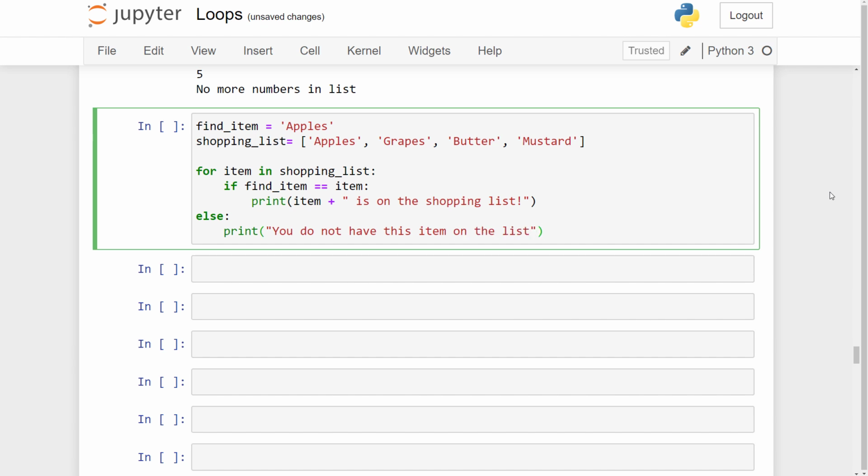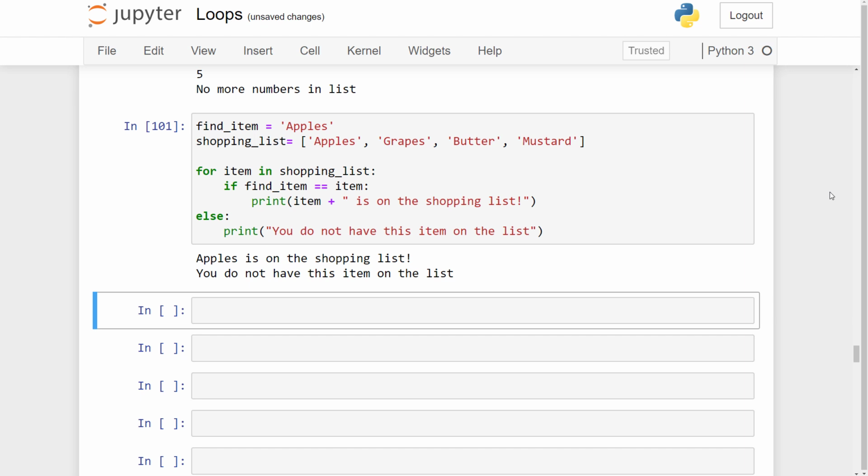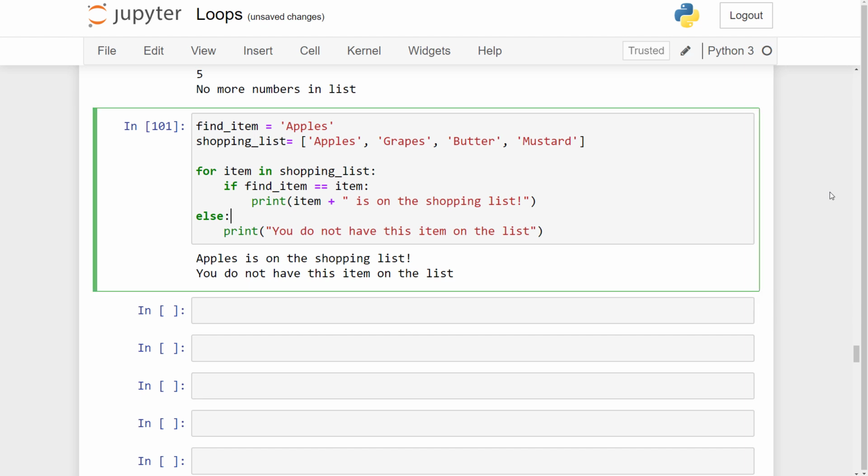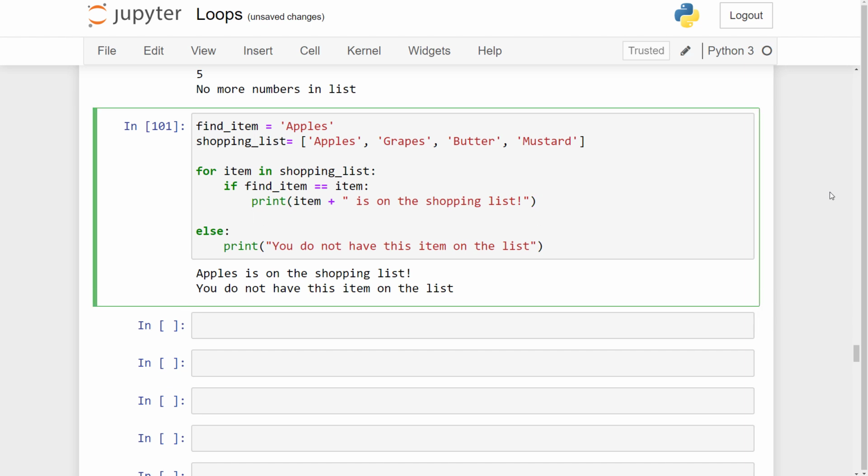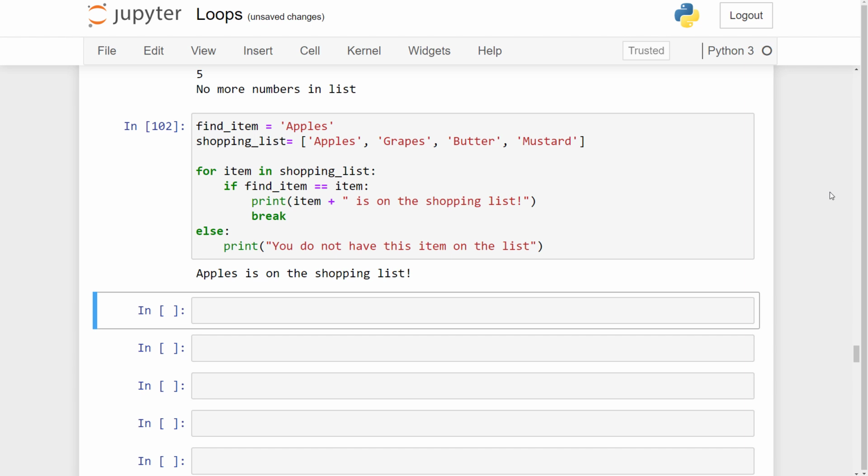So if I run this code, because we can see that apples is in the list, the condition will evaluate to true and will print out "apples is on the shopping list". Now, once the iteration has completed, we will also print out the else block. So you can see we also print out "you do not have this item on the list". But if after the print, we put the break keyword and we exit the for loop in its entirety, the else block is no longer executed,